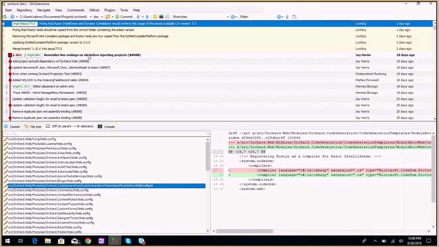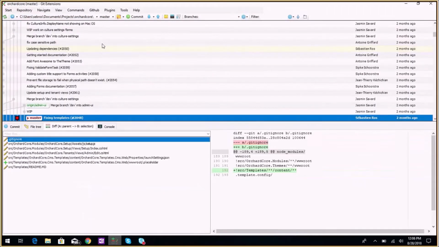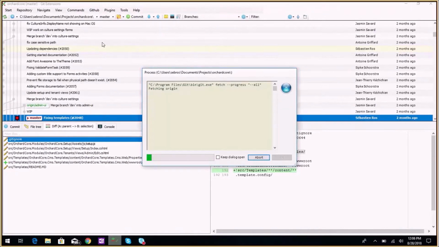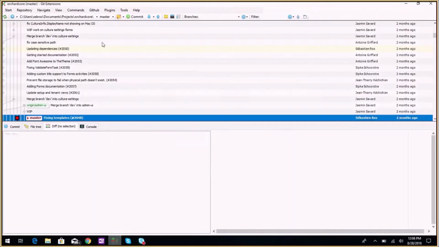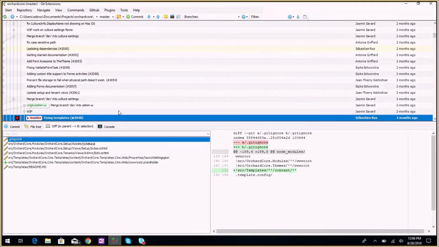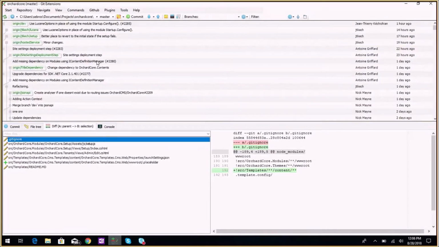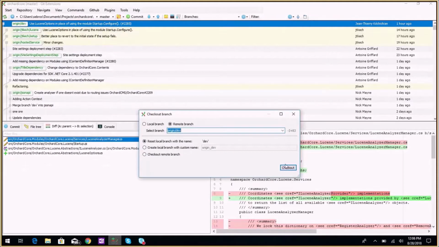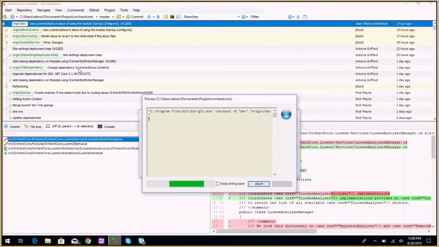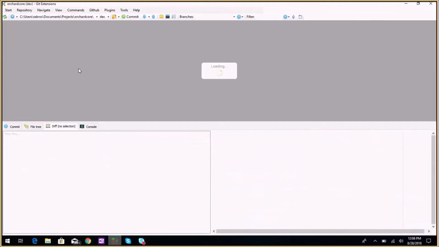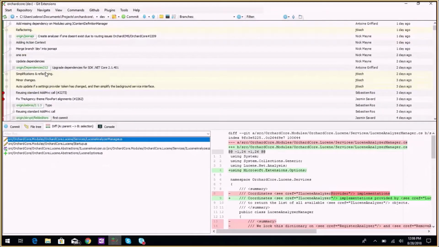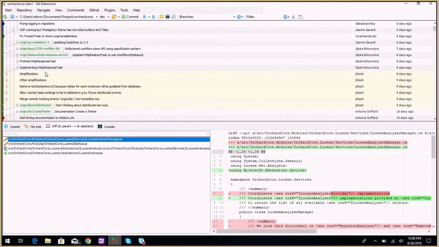And that's it on Orchard 1, Orchard 2, Orchard Core. Orchard Core, and I will clone the dev branch. This way I will be on the top. Okay, the dev branch is on the left side, and if I look back 7 days,